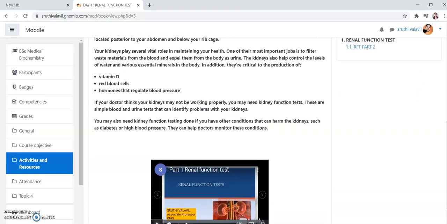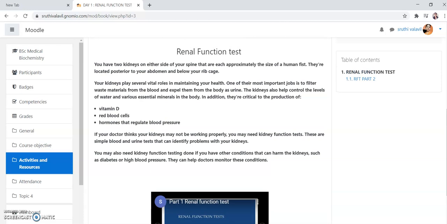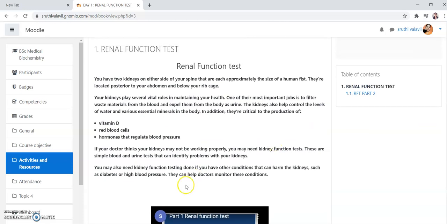And keep in mind that in some cases you can see only the tutorial video session as your classes, there will not be such a description or notes like this. And the next part of your tutorial will be mentioned here. You can see it in the table of contents or in the right hand side portion, that is RFT part 2.